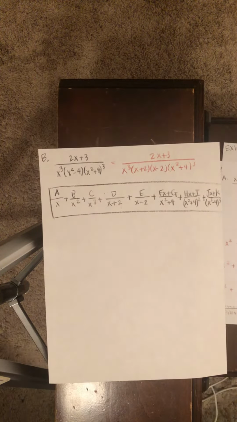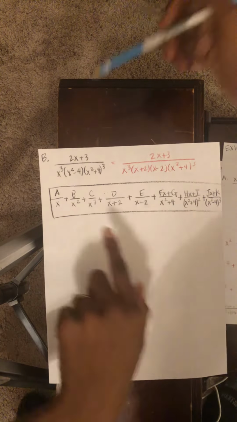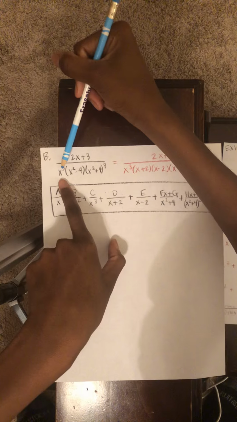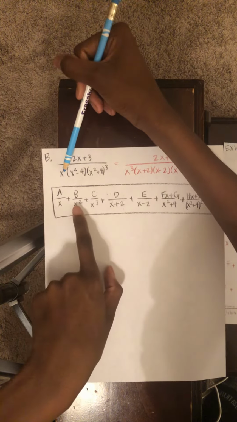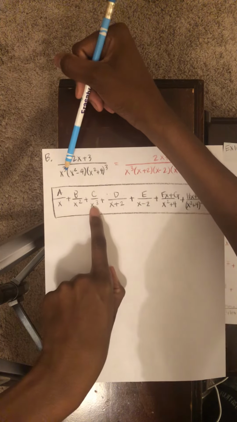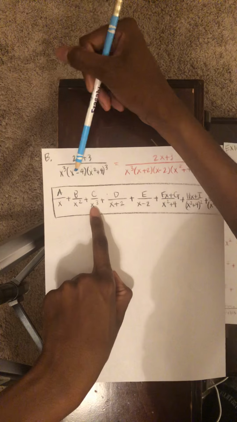Okay, for the second one, it's already factored on the bottom, so we just look at how many different things. Here, x is linear. We have 3 of them, so we have to do 1, x to the first, x to the second, x to the third. Because they're linear, you just have letters, so we have a, b, c. Next, we have,